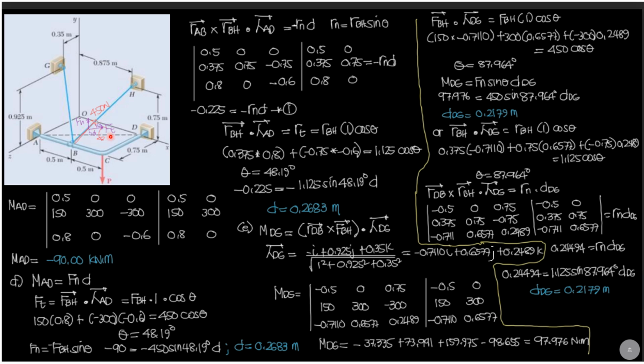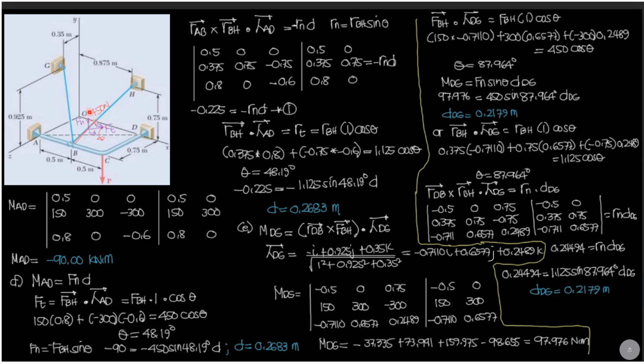Of course, the tangential component can be found by obtaining the dot product between the force and this axis AD here. So, let's set up the moment about AD, which is equal to the normal, perpendicular component of the 450 force, times the perpendicular distance between that force and this axis AD here. The other component, parallel: remember by principle, if the force is parallel to an axis, it has no moment there.